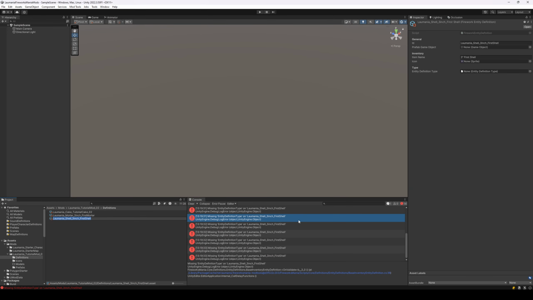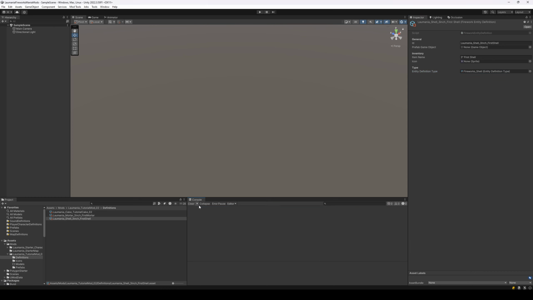Again, remember these errors are here to help you. So we click here, we can't see anything. We just click the eye over here, and then we can select shell. Perfect. And then we can clear this out and all should be good. We wait with the sprite till we've created the shell, and we're going to wait with the prefab because that's what